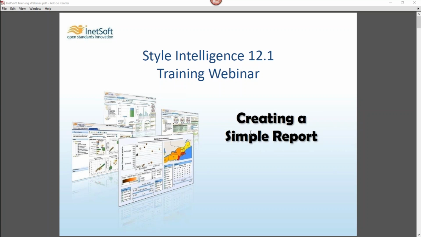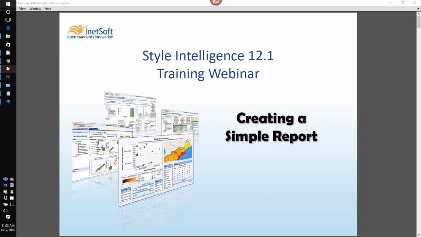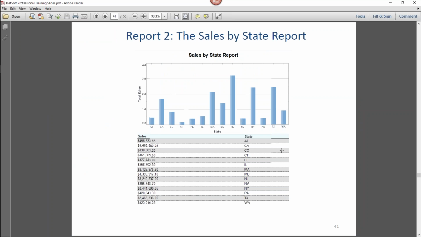Report design is done using a different tool than we've used before, which is called Style Studio. It's a desktop Java application. And so what we're going to do is I'm actually going to try to do 2 or 3 short examples from our basic training course. And the examples I have over here on a slide somewhere are this one, a very basic report. It's just a chart and a table, just to get you acquainted with the basics of making a really rudimentary report with a chart and a table.